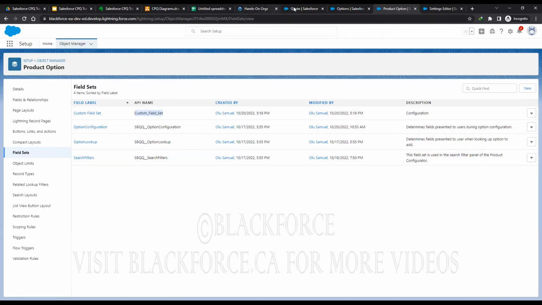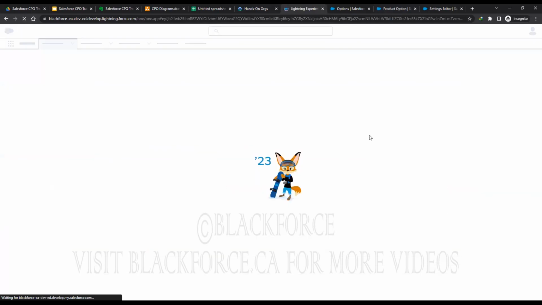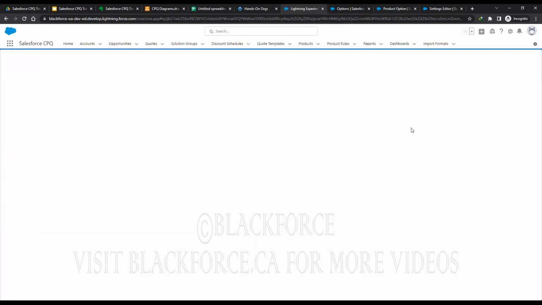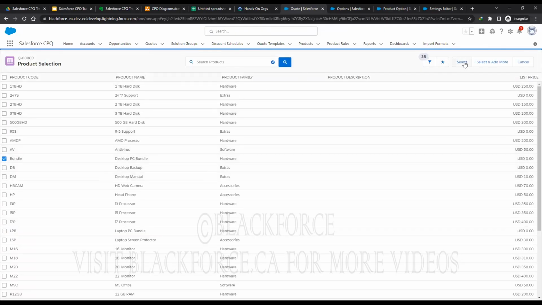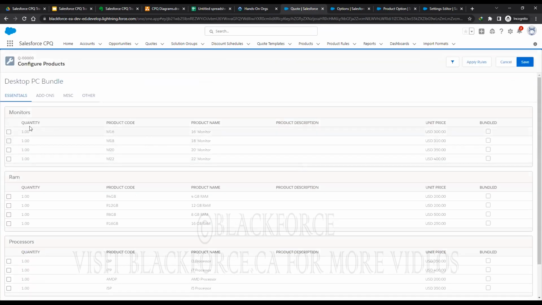I'm gonna come back to this page, but if I quickly go here, it's still not going to show up because there's something else that we need to do, but I just want you guys to see that it's still not showing yet. So you guys can see that it's still the same way, right? So what we need to do in order to do that is we're going to